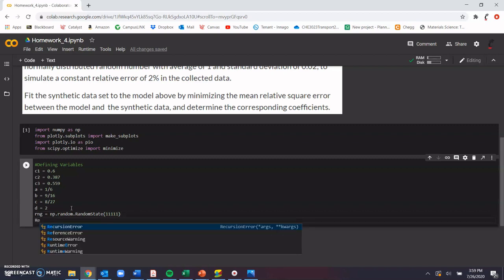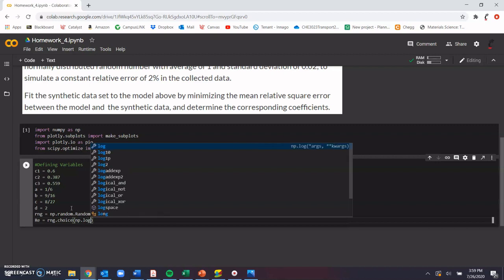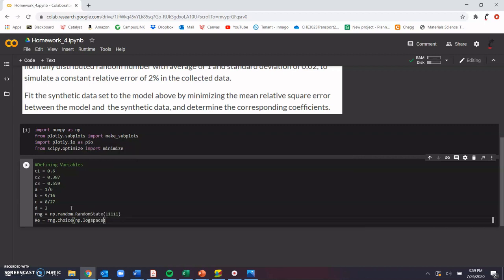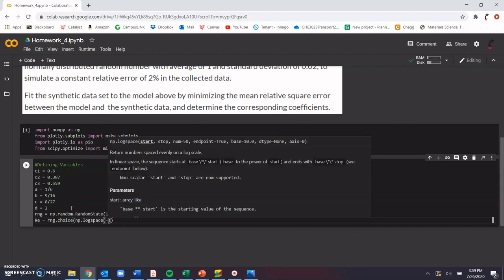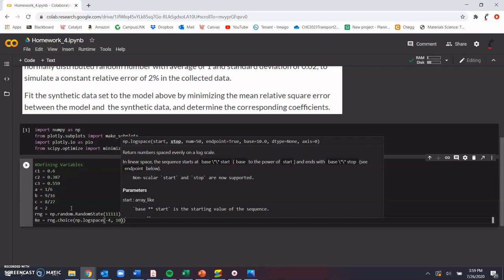And then for our Reynolds number, we're going to make sure that our logarithmic spacings are within that random range associated to our random state code. So we'll use np.logspace to logarithmically space them from 10 to the negative 4 to 10 to the 10th,